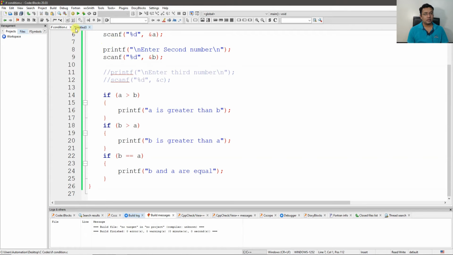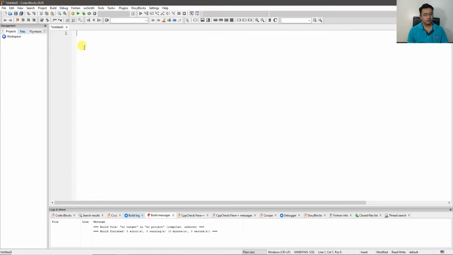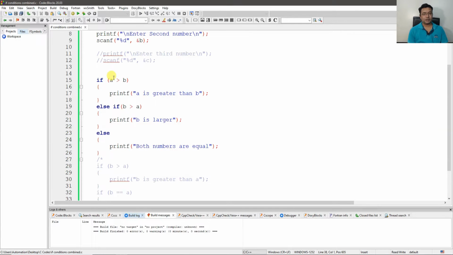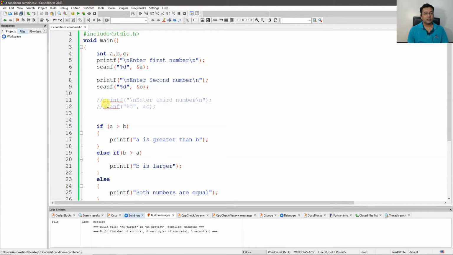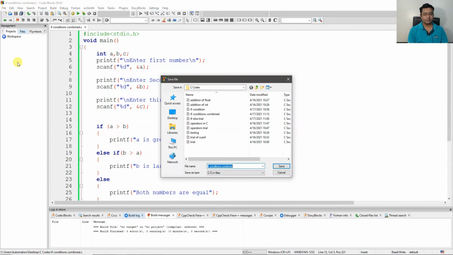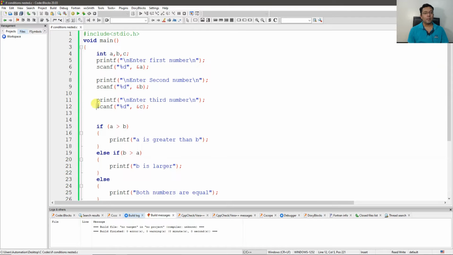and let's paste it first, and let's call it if conditions combined. Now this time let's take A, B and C, all of them, or let us call it nested if. Let's first see nested if conditions nested. Now we have three numbers accepted, and if I have to check whether one of them is greatest, then the